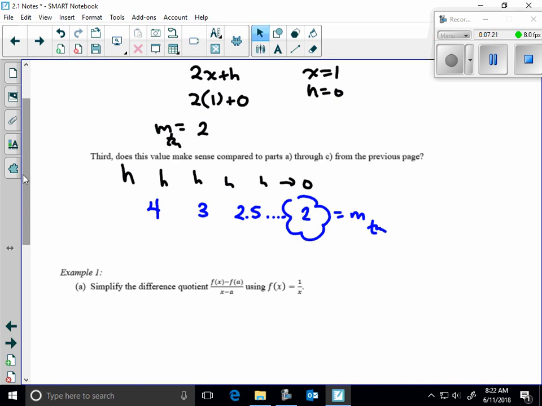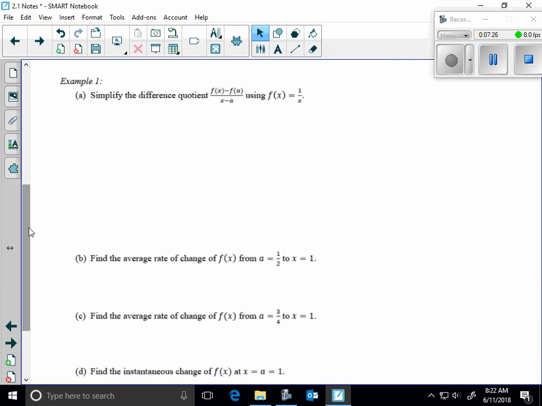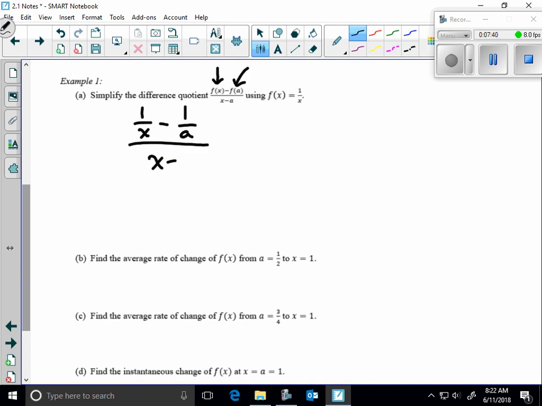All right, let's use another example here, just algebraically manipulating using that alternate form of the difference quotient, using our function f of x equals 1 over x. So f of x equals 1 over x. F of a would be 1 over a. And x minus a would stay as follows. Now, a method that we like to use here is what we call clearing the denominator, or clearing fractions. So I want to clear out both of these so I don't have a fraction in the numerator. So I'm going to multiply top and bottom